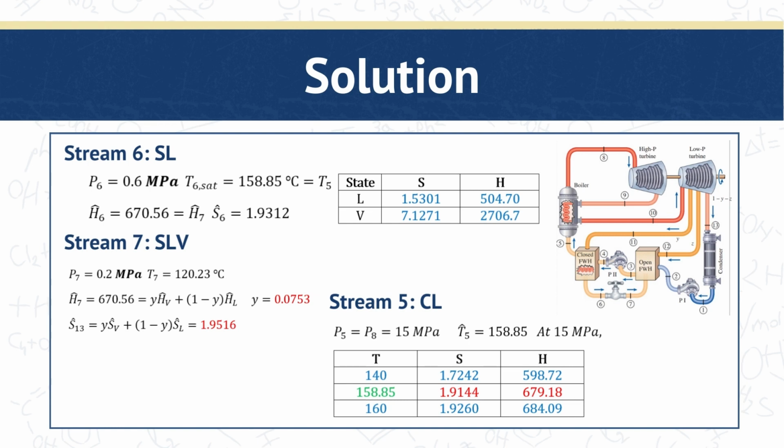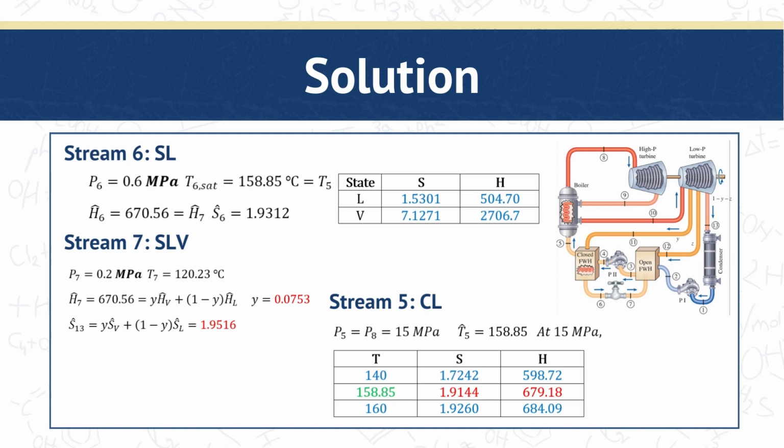P6 is equal to 0.6 megapascals, which is equal to the pressure of stream 11 from the turbine. T6 is equal to the saturation temperature, which is 158.85. Keep in mind that this is also the outlet temperature of the closed feed water heater, meaning the liquid form, which is stream 5. The enthalpy of 6 is equal to 670.56, which is equal to the enthalpy of stream 7 since it undergoes a throttling process. Therefore, the process is isenthalpic. S6 is 1.93,